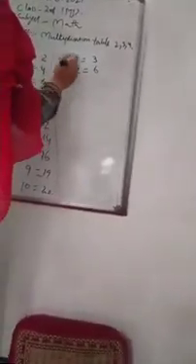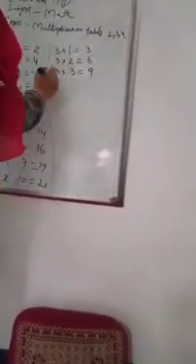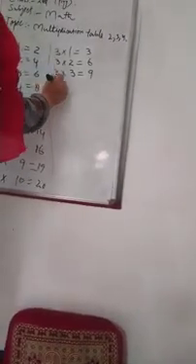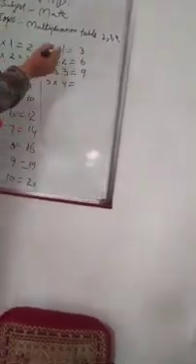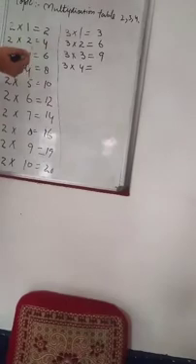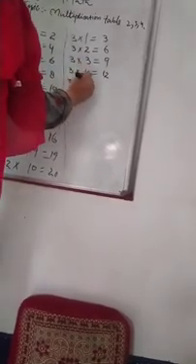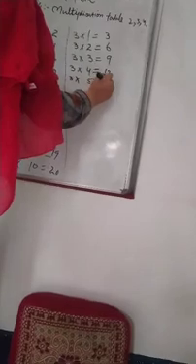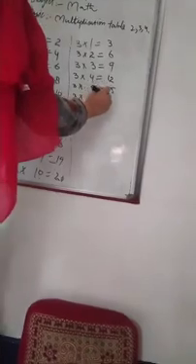3 1s are 3, 3 2s are 6, 3 3s are 9, 3 4s are 12, 3 5s are 15, 3 6s are 18,